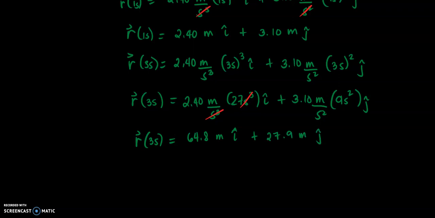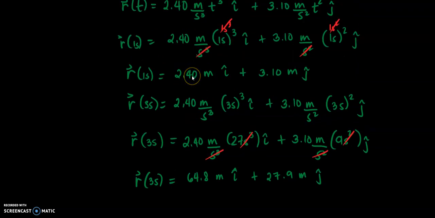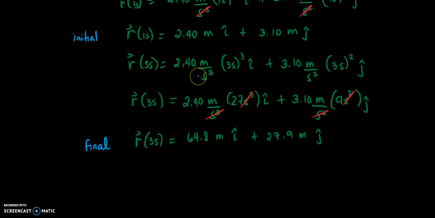We may cancel out the second squared unit. So again, the r of 1 will determine the initial position along x and y, and the r of 3 will determine the final position along x and y. So we may compute now the average velocity,